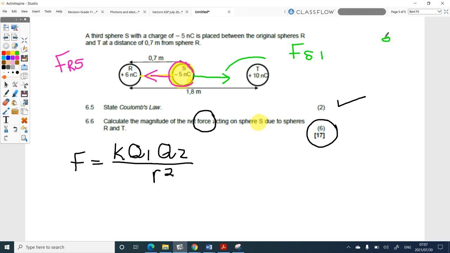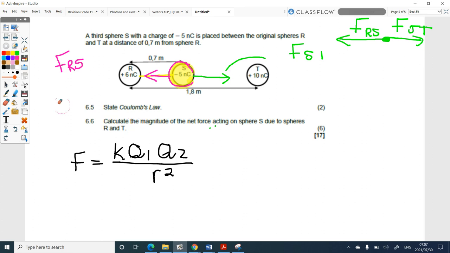So now if you draw a free body diagram, remember my free body diagrams are the best thing. This is FRS, and this is FST. They're asking us for the net force acting on sphere S. So if I want the net force, I need both those forces. That's why I said it's 6 marks, because you need to go and calculate both forces. So for the one, you're going to say, okay, this is QR